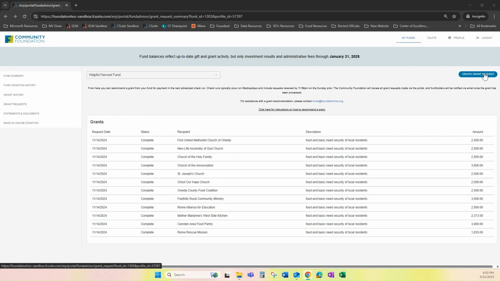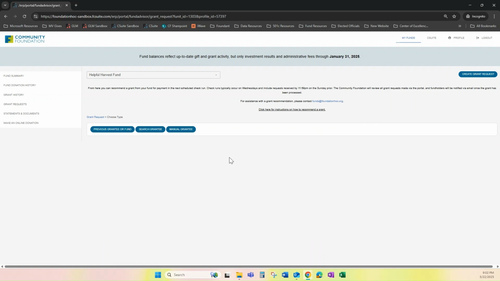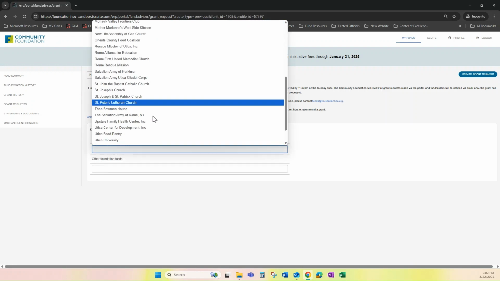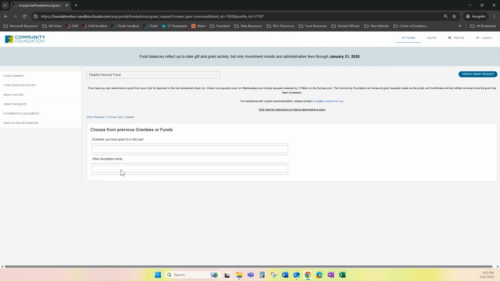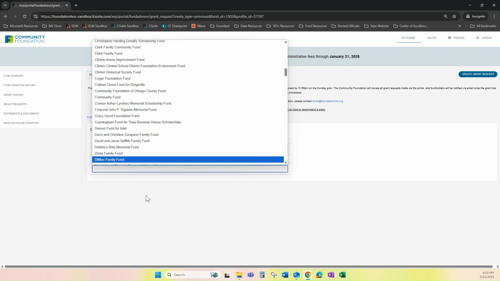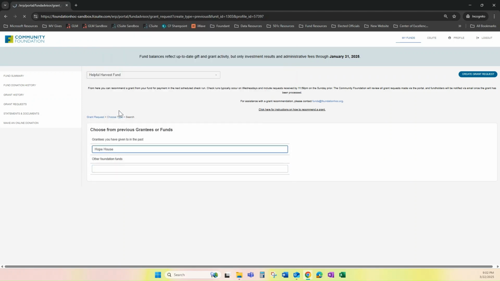The first step in recommending a grant is selecting a grantee, and there are various ways to do this. The easiest way is to choose a grantee from organizations your fund has previously supported. Click the Previous Grantee button to see a drop-down list of all grantees you have given to in the past. From here, you can also view a list of all funds at the Community Foundation that can receive a grant. Simply click on the name of the grantee or fund you wish to support, and you'll be taken to the